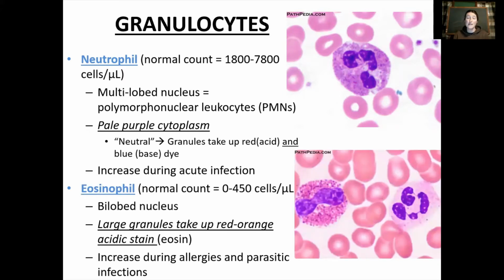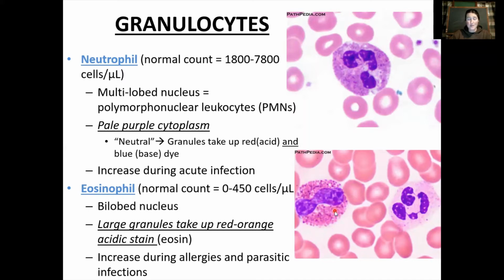The next type of granulocyte to look at are the eosinophils. These are called eosin because their granules, right, their little vesicles within the cytoplasm, take up the reddish stain, okay, which is actually called eosin. And so what we can see in this slide over here is that this particular cell has lots of kind of reddish, pinkish little dots, right? So those are the